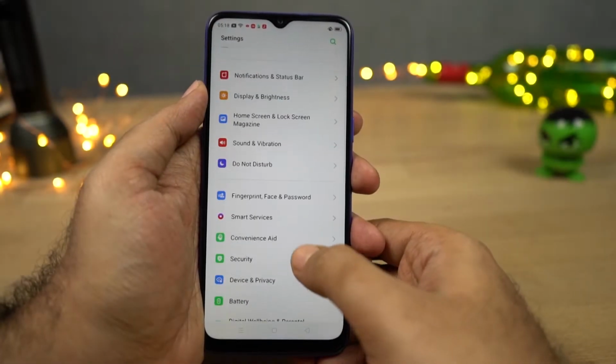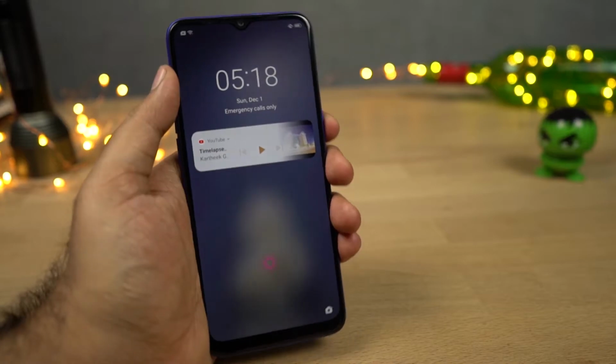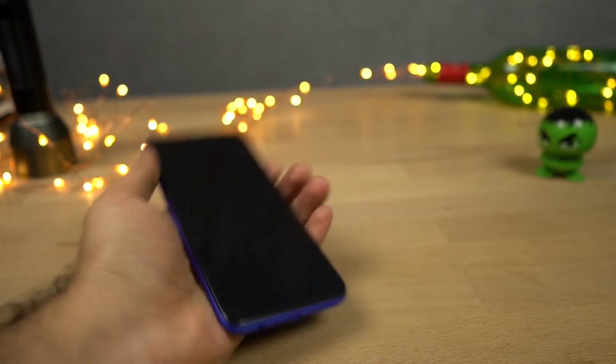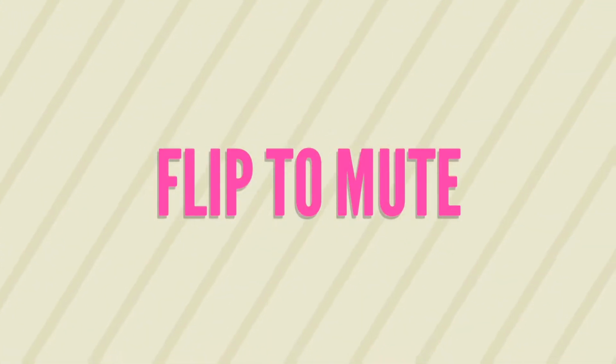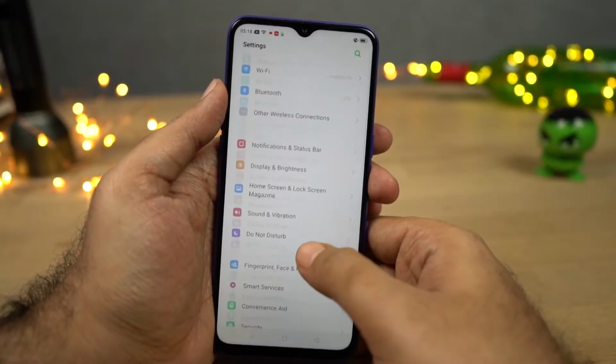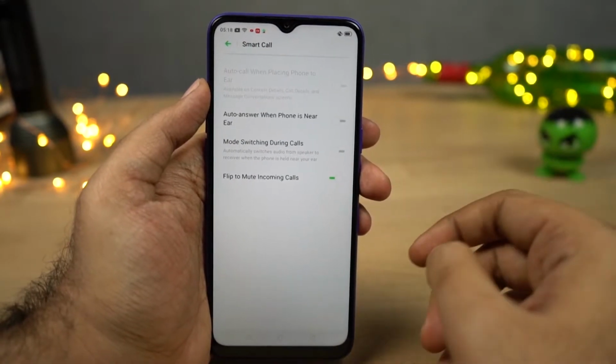Next we have raise to wake. Once you enable this feature, you can simply raise your phone or pick it up from a table and your phone wakes up and then displays the lock screen. Next we have flip to mute incoming calls. Just like the name suggests, once you enable this feature, you can flip your phone to silence an incoming